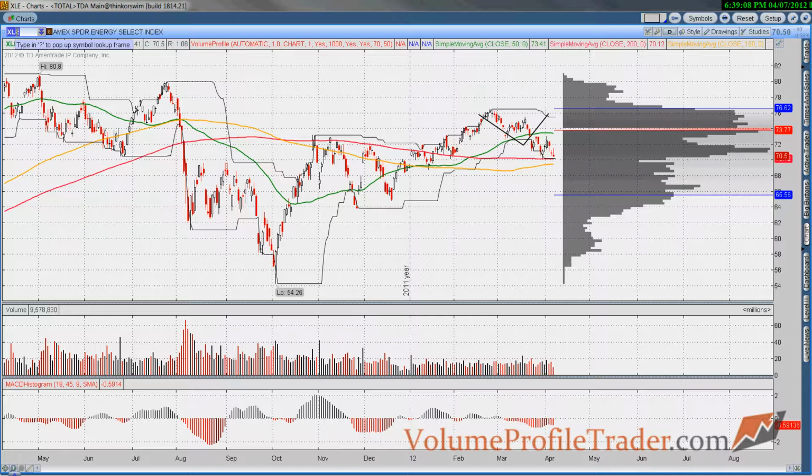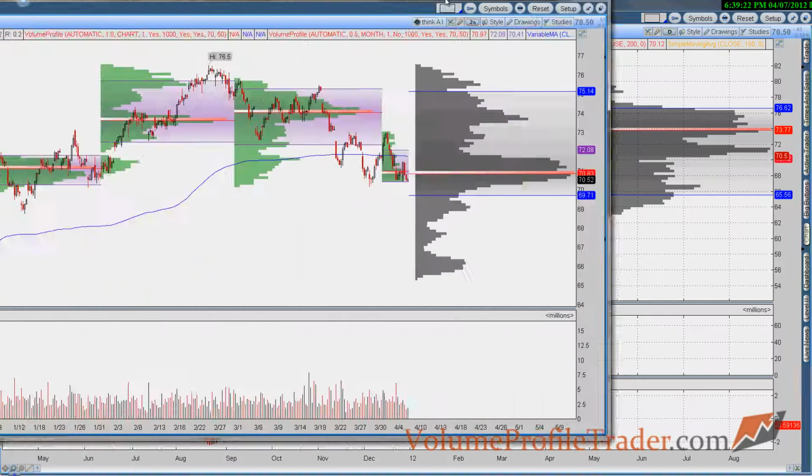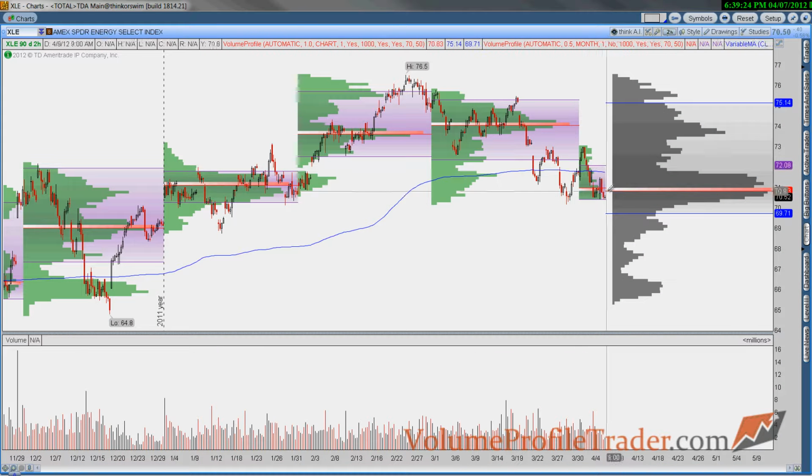XLE kind of rolling over. You're at the 200 here. Keep in mind, futures are going to be open lower. So really, you could be looking to buy the bottom of the value area for the year, or a potential trade down to that level, about 65 or so. On the monthly chart, here we are at the bottom of the range. This 7170 to, let's call it, 70 level matters. And if we start to fail like that, and I'm assuming we will,